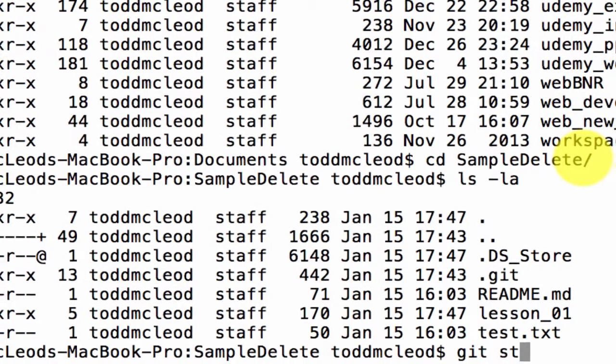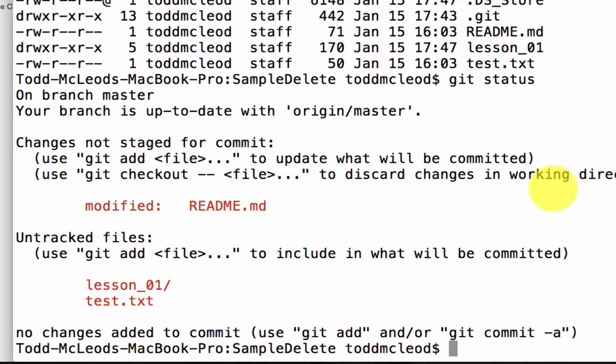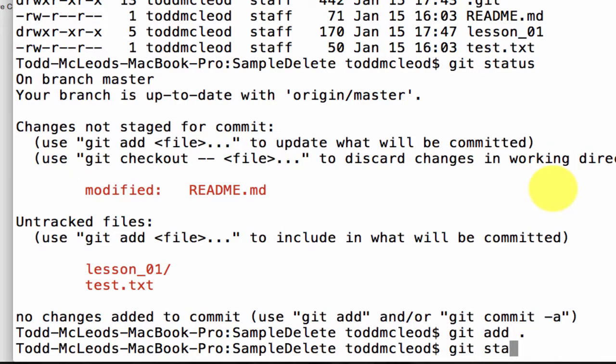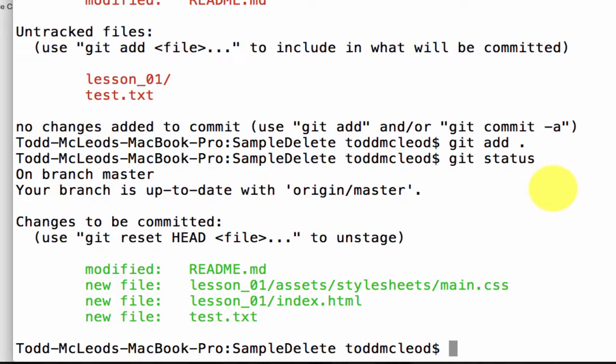And one of the Git commands I could use is git status. These other videos I made go through this much more slowly, but I just want to show you the process. I can say git status, and it tells me there's some stuff in there that's changed since you last synced this with the cloud, GitHub. So I'm going to do git add and a period, which adds all the files that have been changed to go up to GitHub. The period means add everything. And then I do a git